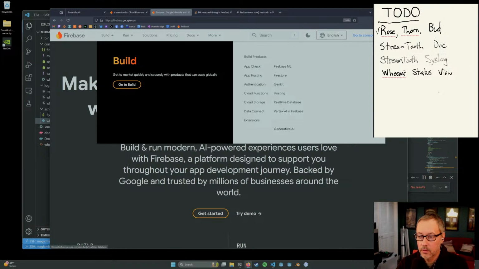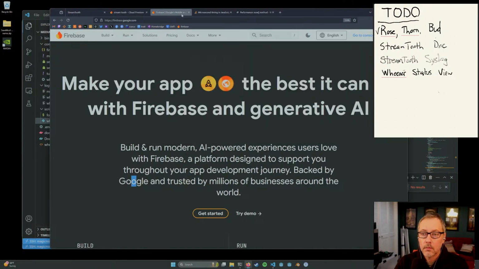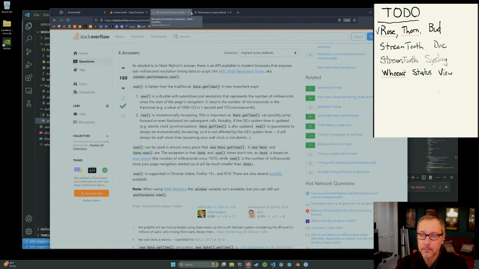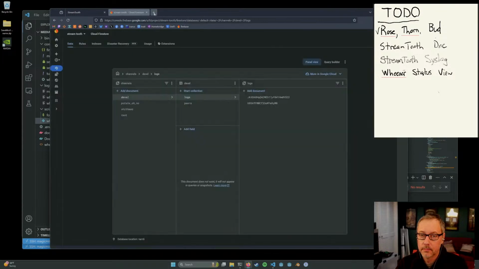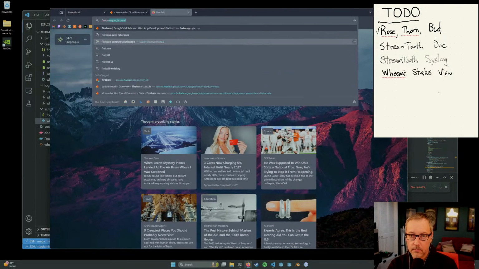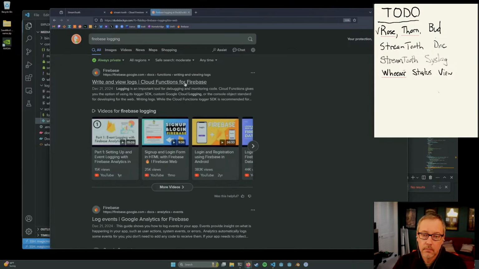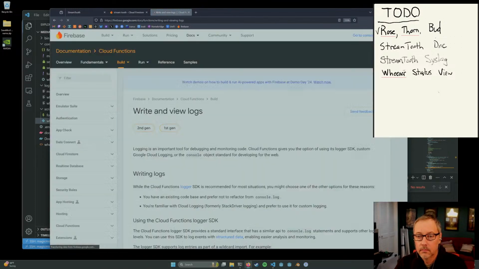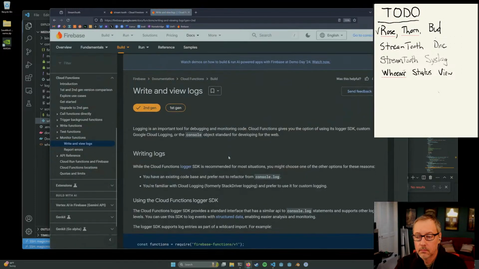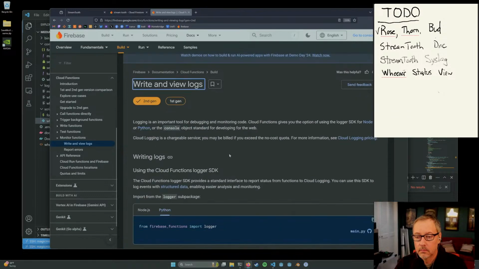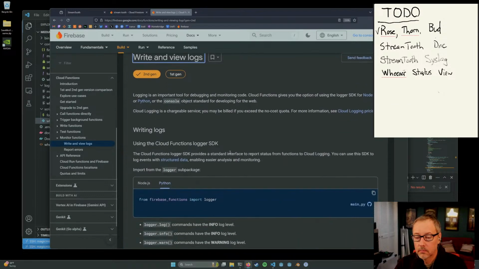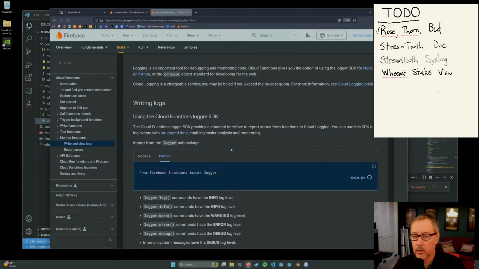Firestore, Genkit, hosting, extensions. Okay.